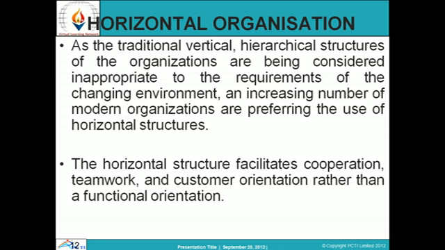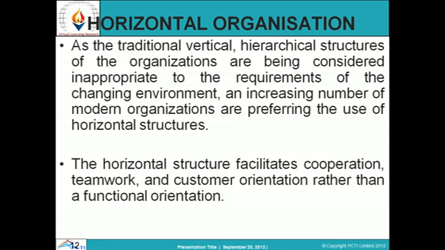The horizontal structure basically facilitates cooperation, teamwork, customer orientation rather than a functional orientation. People are more cooperating among each other. People are more focusing on their customer needs rather than team spirit or other parameters. And the whole scenario revolves around teamwork. So it is a totally different aspect from vertical organization, because vertical organization was totally based on